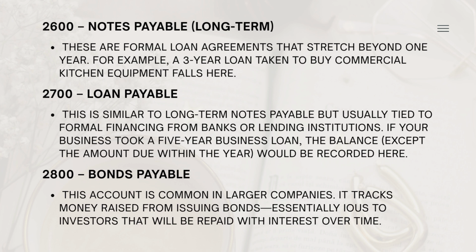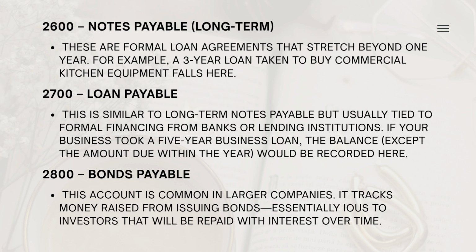2600 notes payable, long-term. These are formal loan agreements that stretch beyond 1 year. For example, a 3-year loan taken to buy commercial kitchen equipment falls here. 2700 loan payable. This is similar to long-term notes payable, but usually tied to formal financing from banks or lending institutions. If your business took a 5-year business loan, the balance, except the amount due within the year, would be